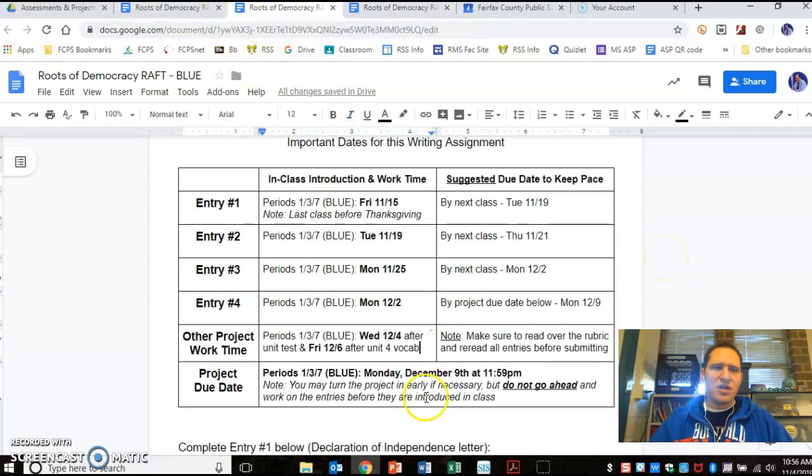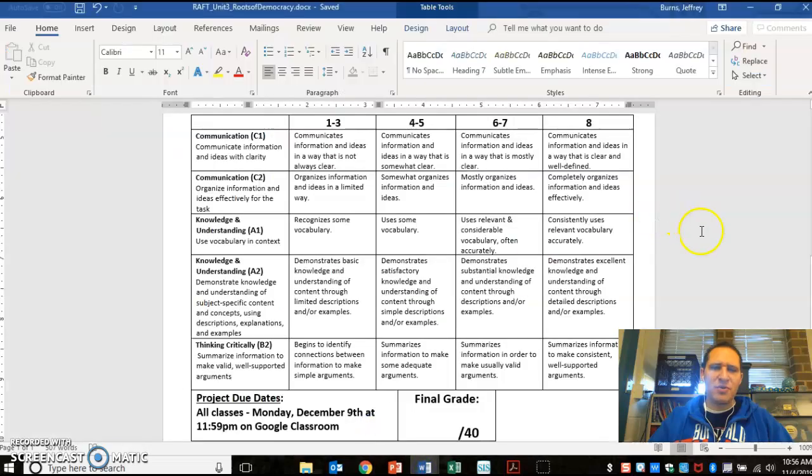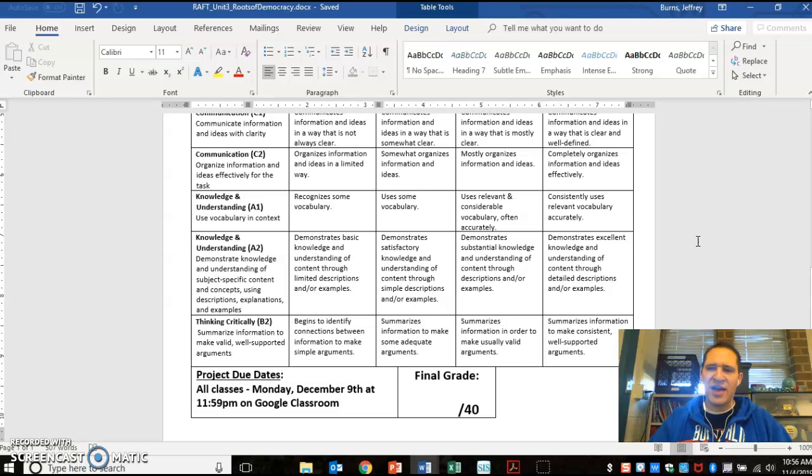Always make sure that you check the rubric, reread it before you submit. If you have any questions, you can ask them in class about the project, but it's a 40-point project, a lot of class time to work on it, a lot of area for creativity and your ability to use your creative writing skills. So I look forward to reading these RAFT entries